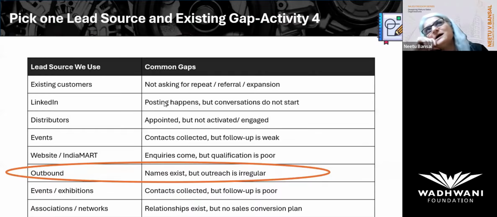This was 30 years ago, sorry. I realized nobody was going to keep track of how many people I'm meeting, or what I am saying. So I built a system for myself. Every month I get so many hundred names. Out of that, I do my filtering based on the products that we sell and based on where the registered address is. I would do my own filtering and then go out. And I created my own system.